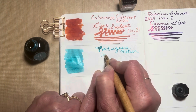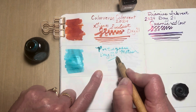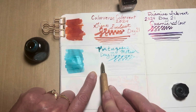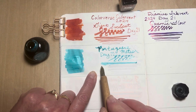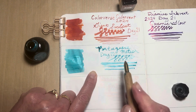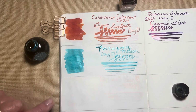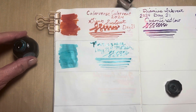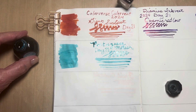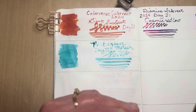We're on day 22 of 24, so we're just moving right along. And here we go with some line width variations, to see what kind of line or nib you'll need to reveal all of its beauty on paper. All right, while this dries, we'll be moving on to the Diamine